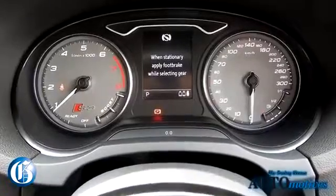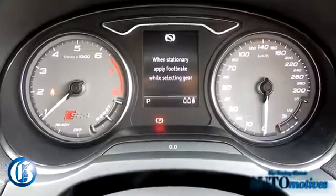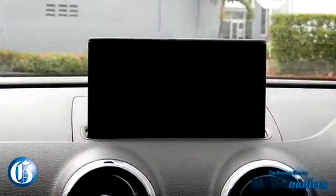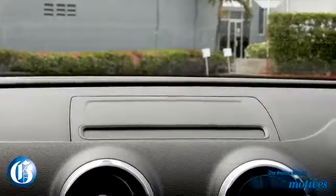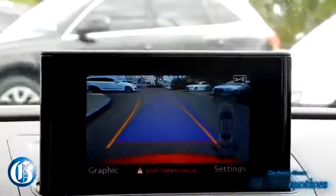Now, we don't have the virtual cockpit in this model. We have the regular speed gauges. However, it's quite sufficient for me, because it also has a pop-up LED screen, which, by the way, is not a touchscreen. As you know, most German vehicles are not going to give you a touchscreen, but it is sufficient with everything that it needs to have. Overall, as a fun thing,